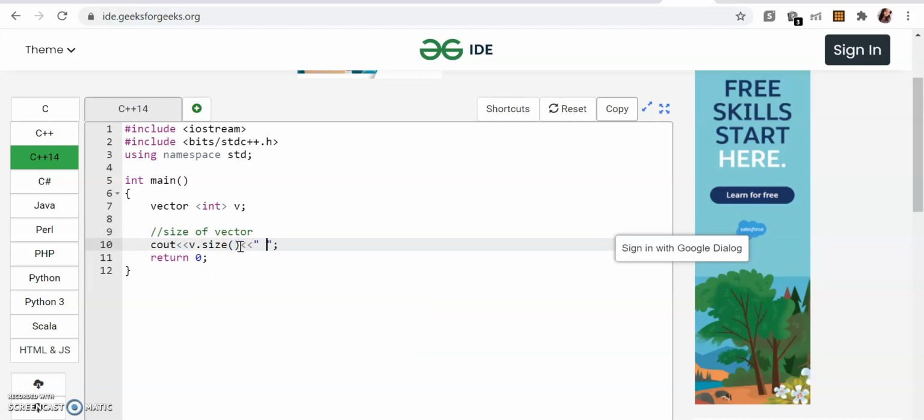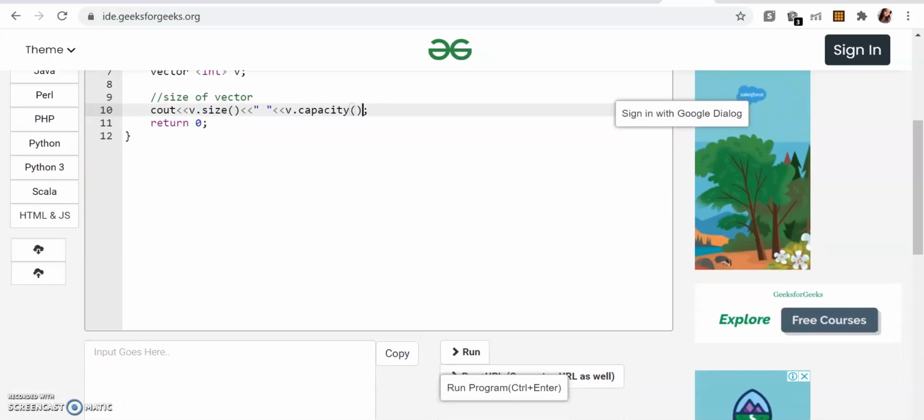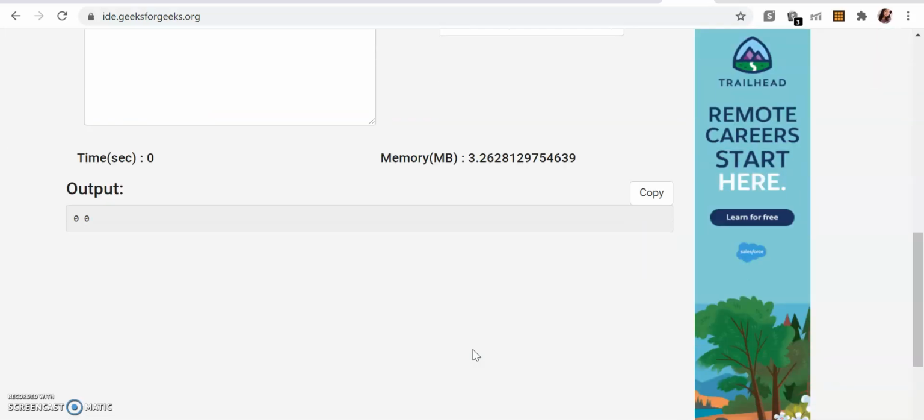Capacity tells you the total reserved spaces. So let's print the capacity as well and see whether it really is an empty vector, or does it have some spaces. Size just tells you the number of elements that you have added. Ideally the capacity should also come out to be 0 because the initialization just creates an empty vector.